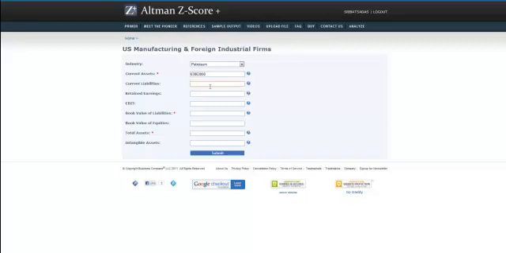Again, current liabilities, retained earnings, EBIT, book value of liabilities is 125286000. Book value of equities is 167736000. Total assets is